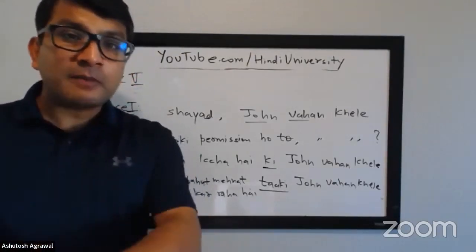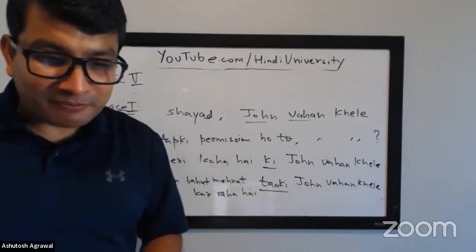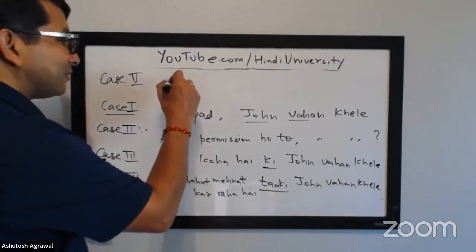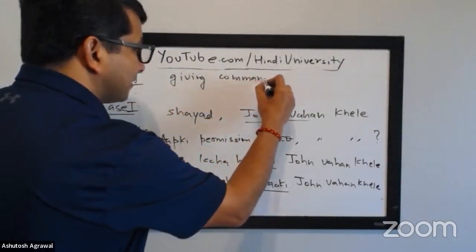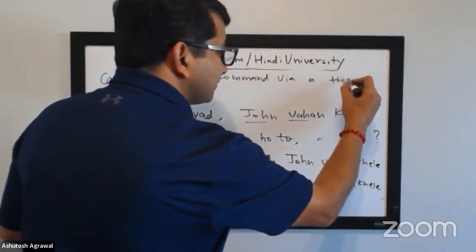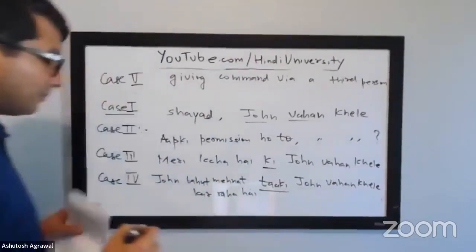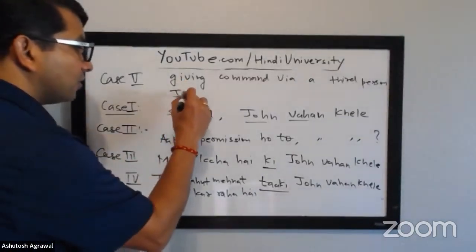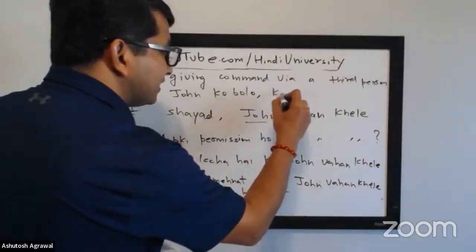But let's say you want to give a command, but through someone else. Now that concept may sound a little bit weird, so let me write it down. Giving command via a different party or third person. In that case, also you can use this form, in which basically John ko bolo कि वहां